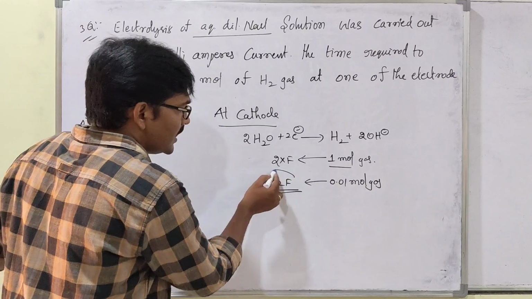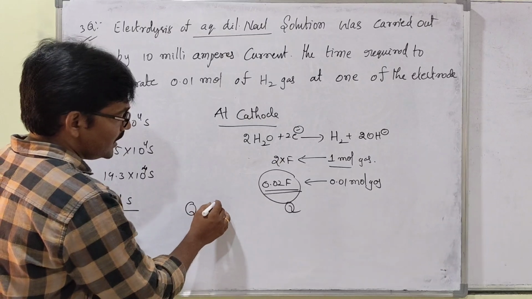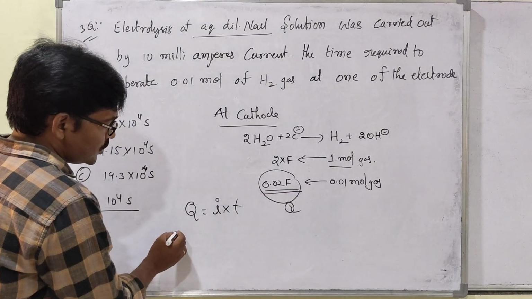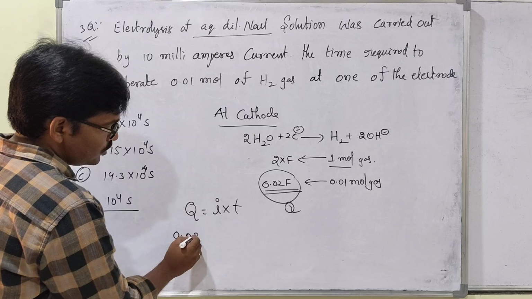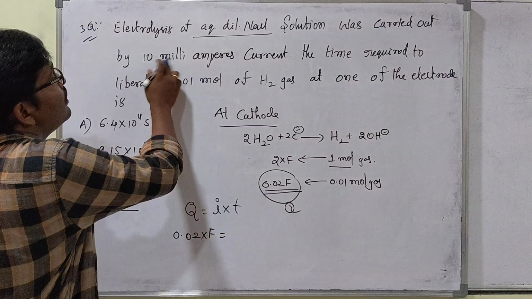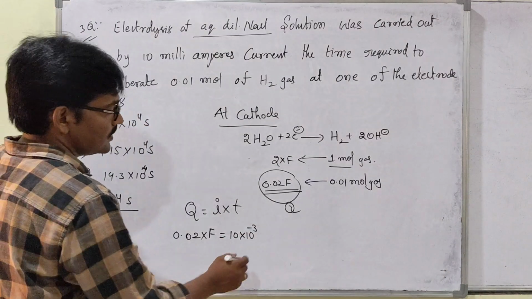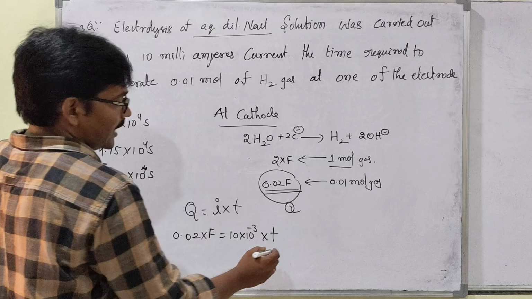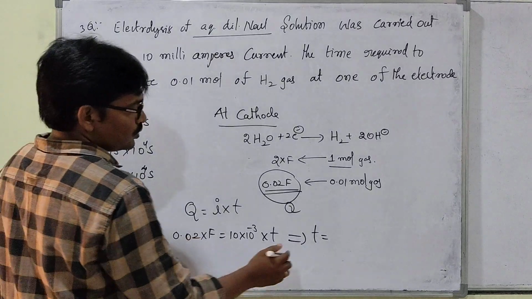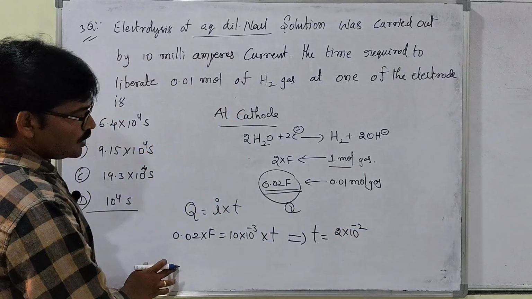Then this is the quantity of current Q. Quantity of current Q equals I into T, I told, right? The quantity of current we got is 0.02 Faraday. Then the I value is 10 milliamperes, that is 10 into 10 to the power of minus 3 amperes. Then time T, so we want time now. So time T equals 2 into 10 to the power of minus 2,